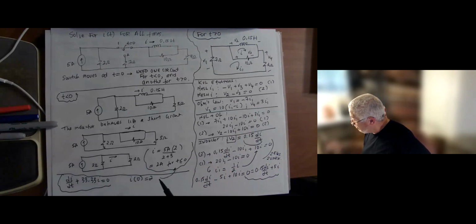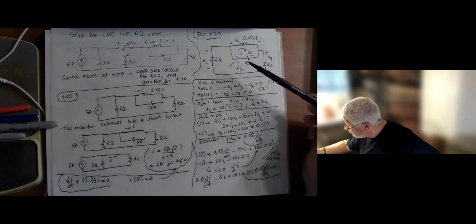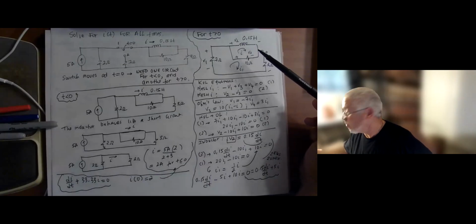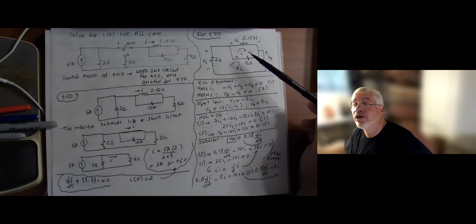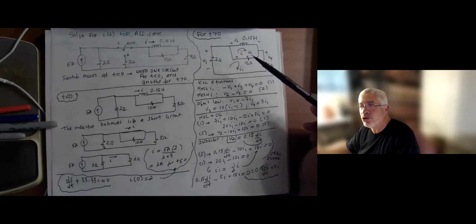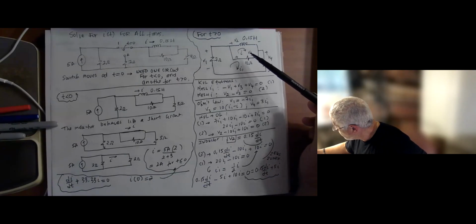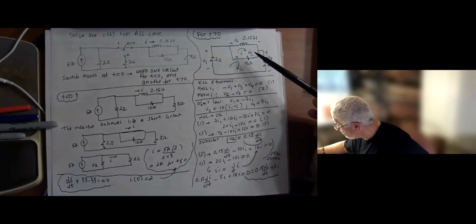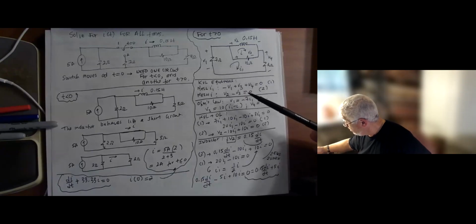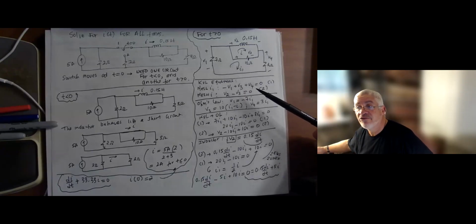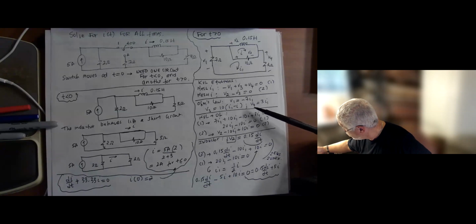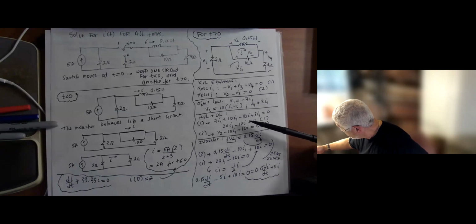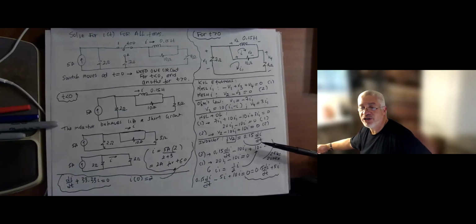Then for t greater than 0, once the switch moves, the inductor is back, and I carry on with a regular mesh approach. We don't have any current source, so I don't have to deal with source equations or a supermesh. This is two regular mesh KVL equations. So I put my voltage on my passive elements, two mesh currents, make sure passive sign conventions are followed when I write Ohm's law for all my resistors. I use Ohm's law in the KVL, collect terms,